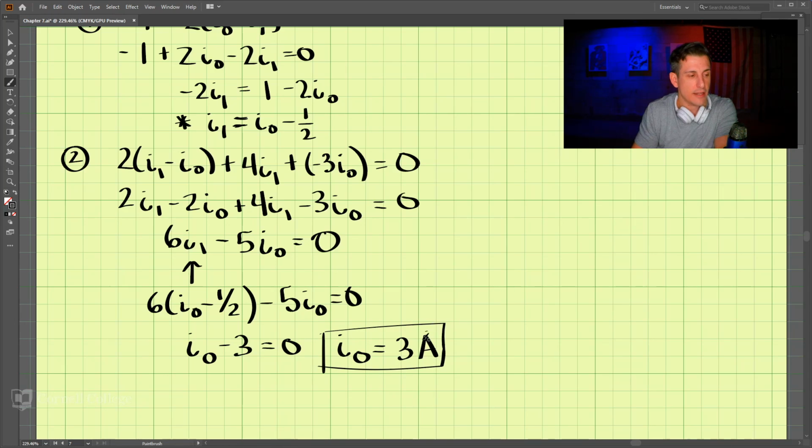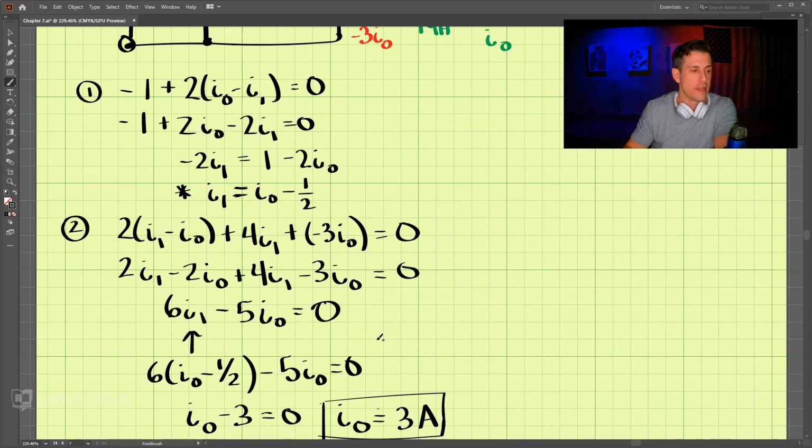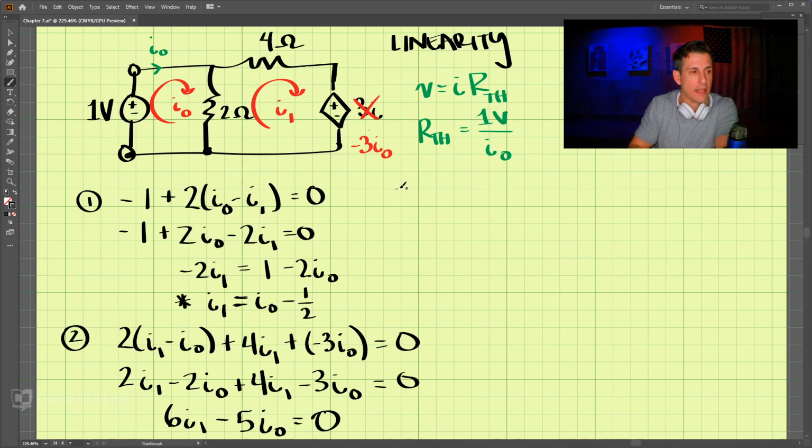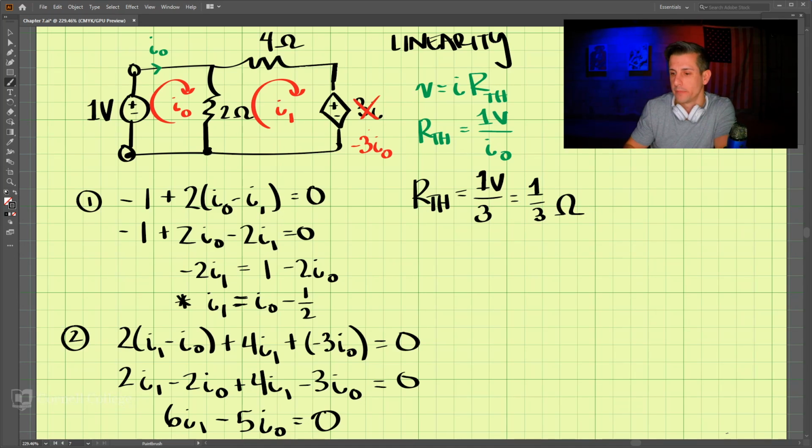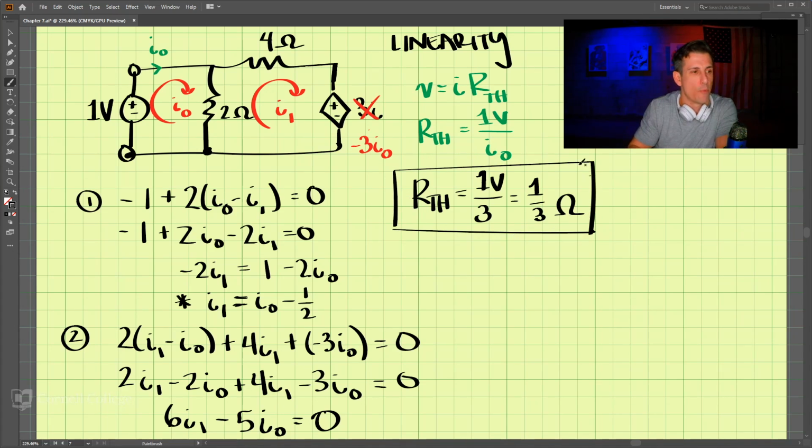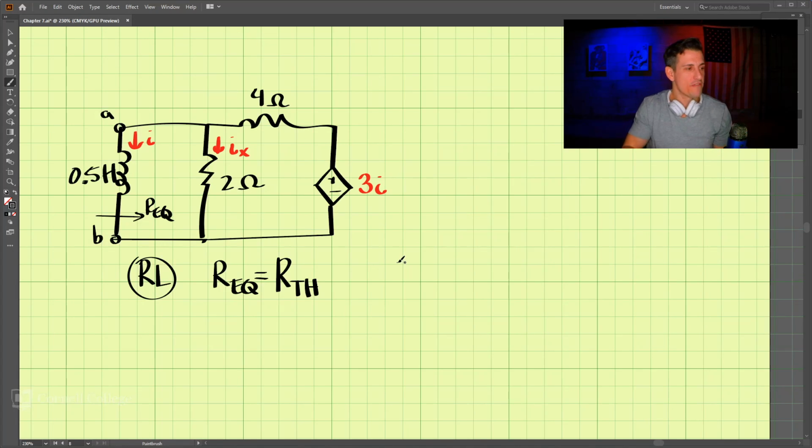We're not done yet. If we know I naught is 3 amps, we need to go back up and we find that our Thevenin resistance is then 1 volt divided by 3, which is 1/3 ohm. So that is our Thevenin resistance, and that's the important part. So now that we've found the equivalent resistance, the Thevenin equivalent, which is equal to 1/3 ohm,